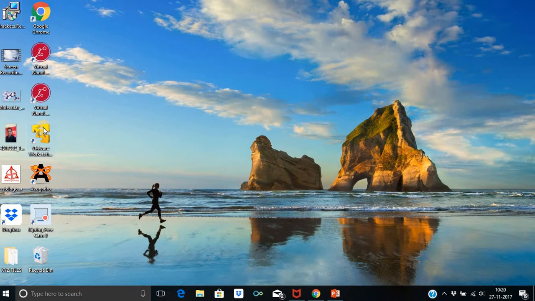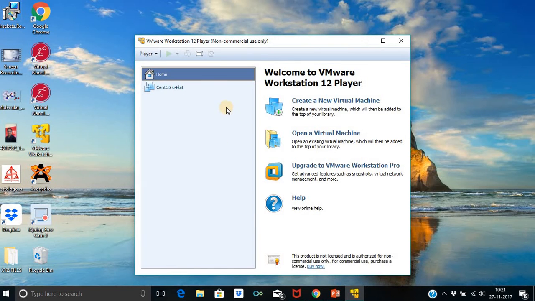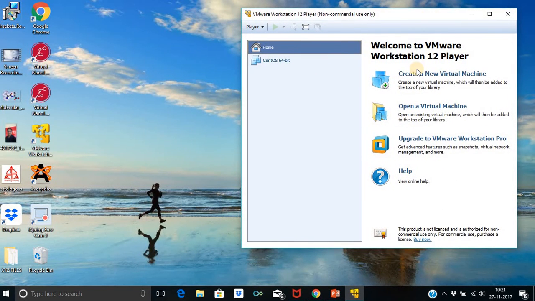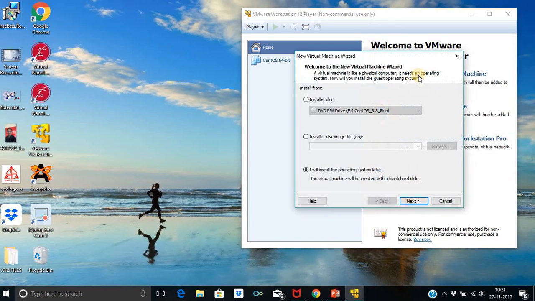Actually, I have already installed this VMware Workstation and am using CentOS in it, but for demonstration I will again install a new virtual machine. So let's create a new virtual machine. I will install the operating system later.